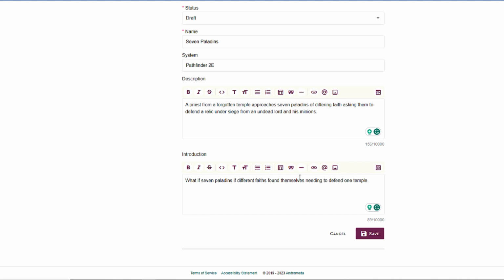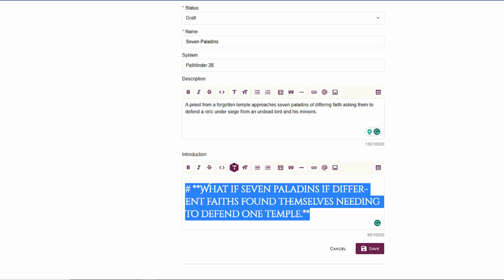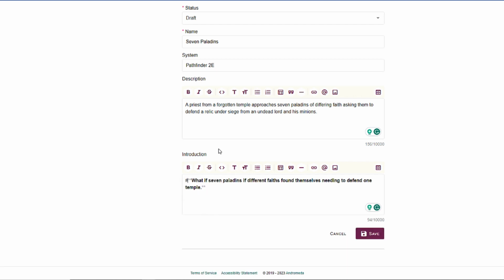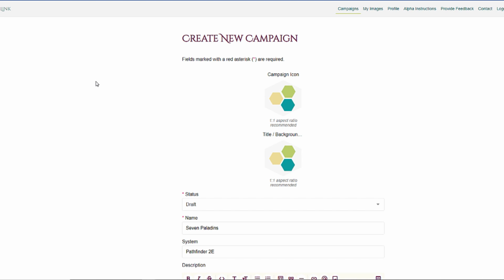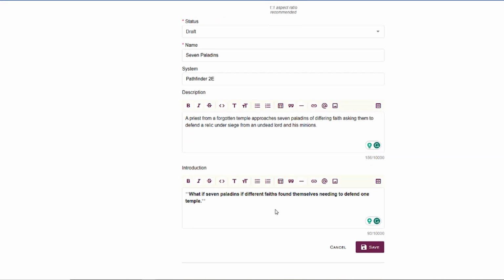Basically, and this is a WYSIWYG editor. It's also Markdown. So you'll see if I highlight this and click bold, it puts in the Markdown code for me. So I don't necessarily have to know the Markdown code in order to actually execute it. So that puts it in there. You've got your various different things, italics. You can put images in. You can increase the levels. You can increase the headings. And if you need to remove it, you can just go in and remove it. Let's go ahead and save this, and then we will move on into actually creating the campaign itself.